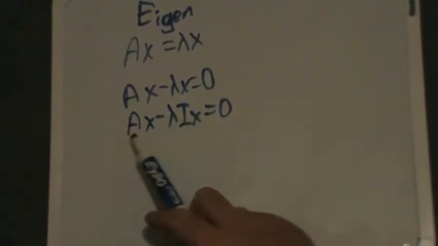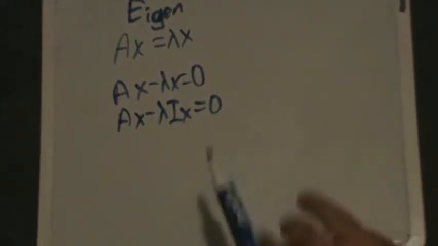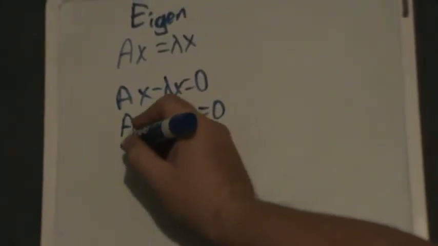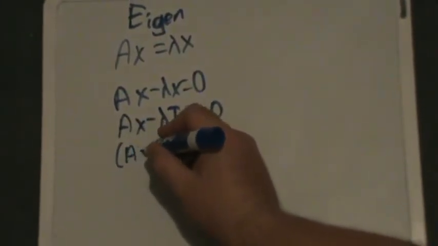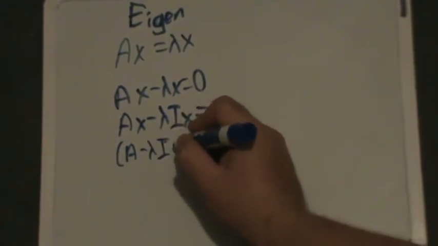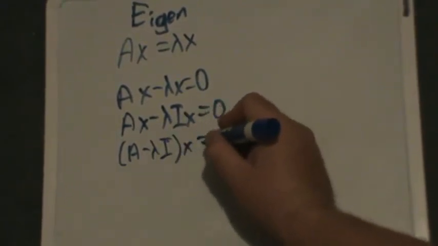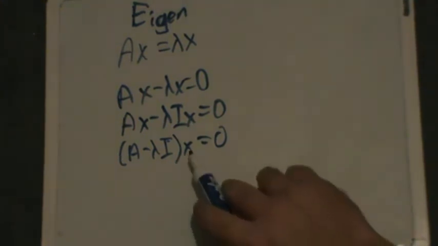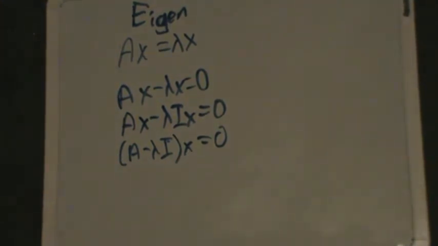So now when I pull x out, I've got an n by n and an n by n, and the addition makes sense. So when I pull x out now, I get A minus lambda I times x must equal 0. And this is an n by n matrix, and that's an n by 1 vector, and everything's all good. That means this is an n by 1 vector also, just as a note there, an n by 1 vector of zeros.